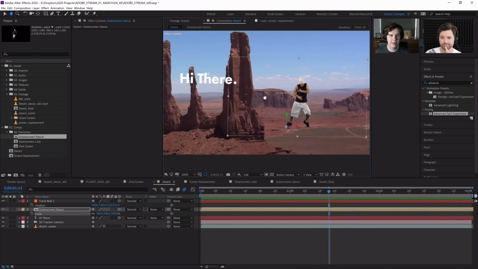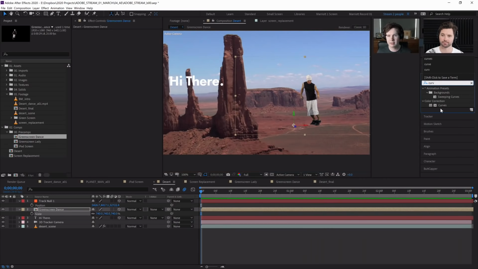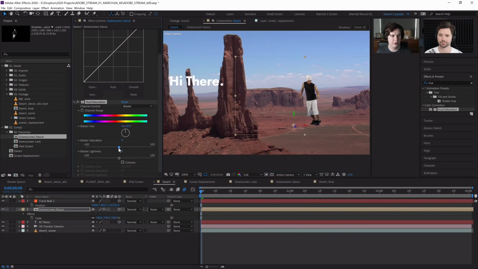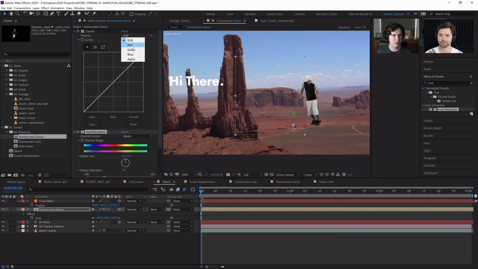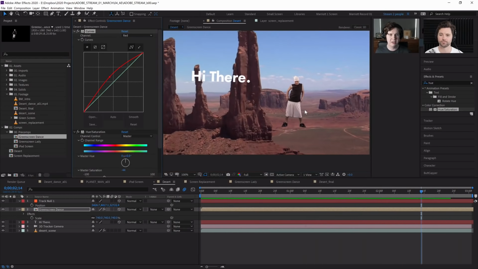Now let's go and match his color. The way I used to do this was to just add a curves effect and maybe a hue saturation, and try to desaturate him, and then maybe go up to the red channel and increase the redness. And he starts to look a little bit more integrated in the scene. Right. But that takes a bit of